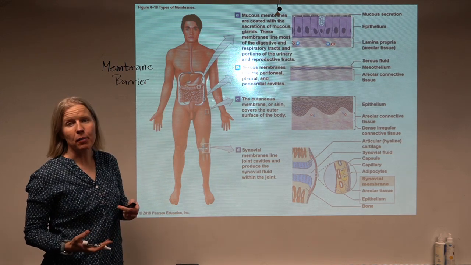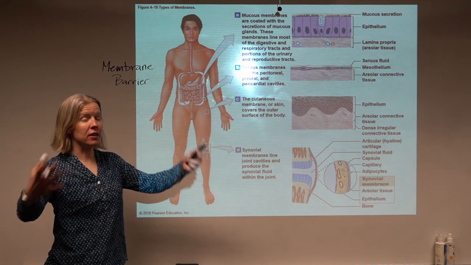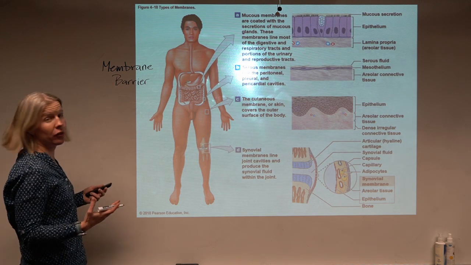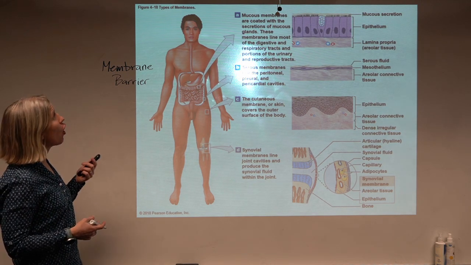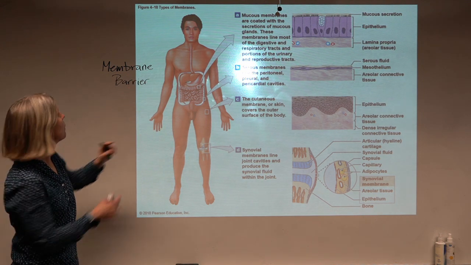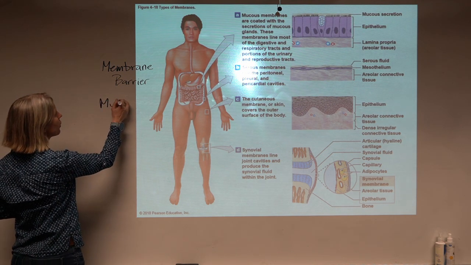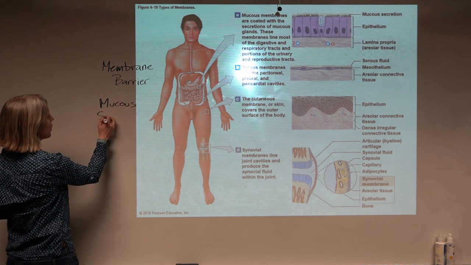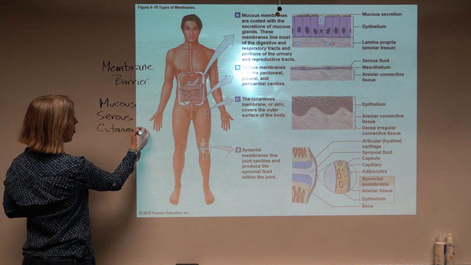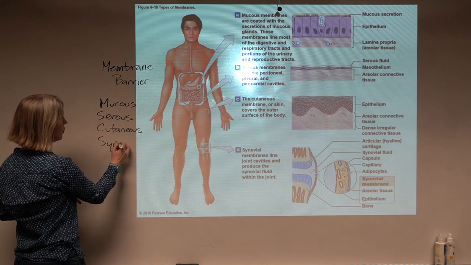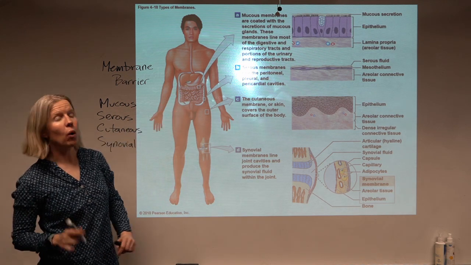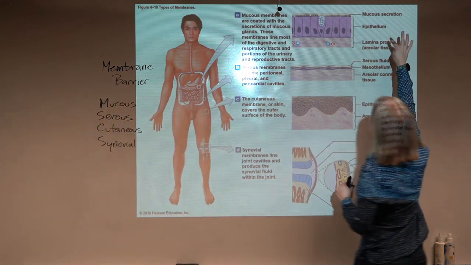Now, we're going to look at some membranes in the body that end up being these big coverings. They're going to cover the body, a cavity, a space, right? And what we're going to see in all of these membranes, we have the mucous membranes, serous membranes. Let's write this out in case you can't read it. Mucous membranes, serous membranes, cutaneous membrane, and synovial membranes. And when you look at all of these, what we're going to find is that we have an epithelium